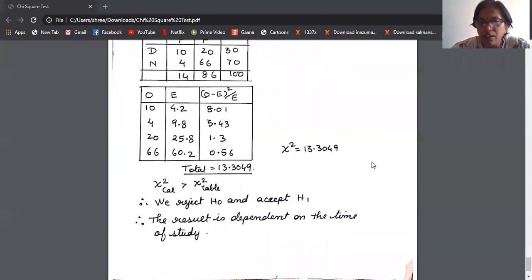Yes, Bhimraj, correct. Yes, Kavita, you can find the questions from your study material also, or the past question papers. Every question paper has one chi-square sum. This chi-square is a compulsory question. 99.9, 100% one sum of this kind is going to be there in your exam. So you can check the past question papers also. You will get the answers.